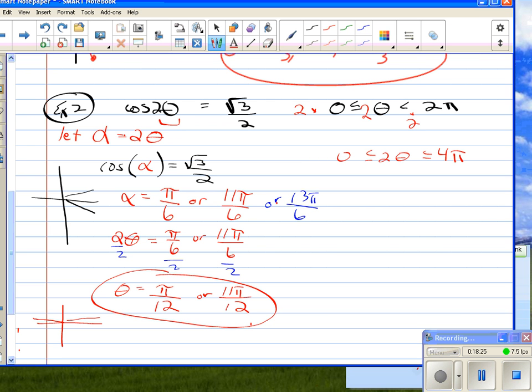So that means when I'm looking for all the values that are going to satisfy cosine of alpha equals the square root of 3 over 2, I need to take the values that are within 2 rotations on the unit circle. This is just within 1 rotation. So my second one, I need the same angle, but I need to do it 1 rotation later. So I just add 1 rotation to pi over 6 to get 13 pi over 6. I add 1 rotation to 11 pi over 6, and that's going to give me